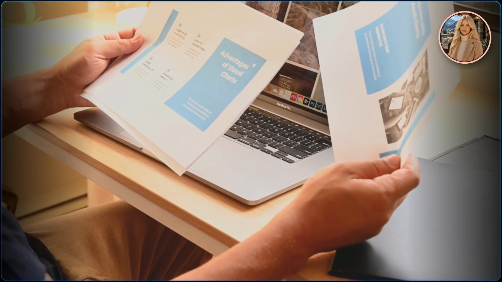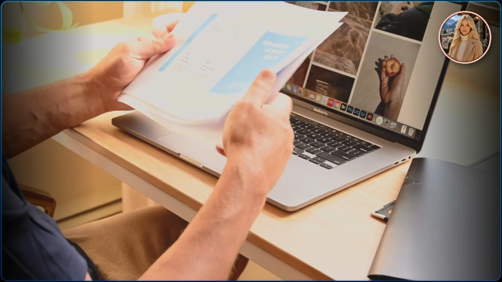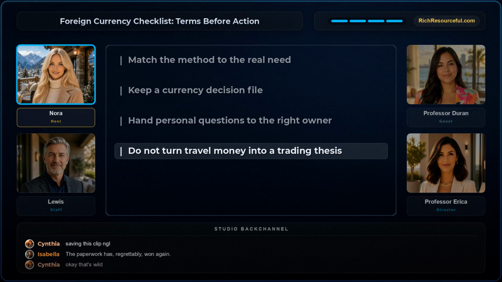If a trip becomes a longer stay, an invoice is delayed, a provider changes terms, or a speculative idea starts sounding urgent, open the record and rewrite the purpose. The point isn't to make every currency decision slow. It's to make the consequential ones visible before a transfer, trade, or conversion turns a guess into a commitment. Nora's calendar rule applies. The date is part of the product.